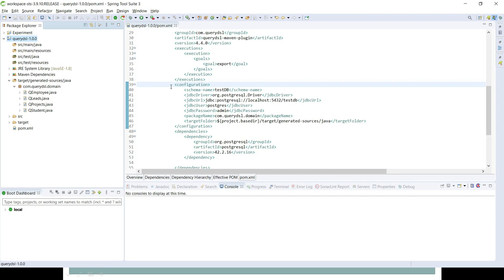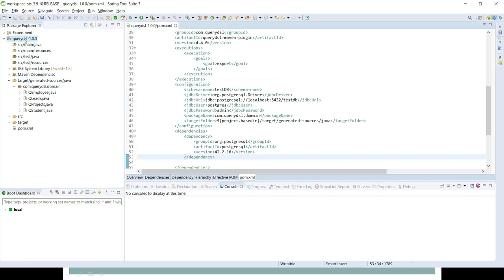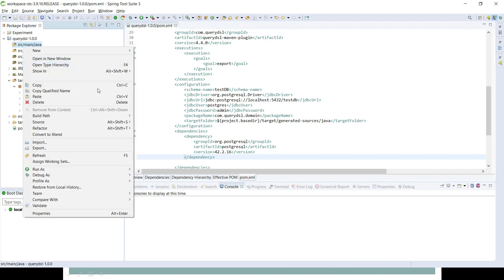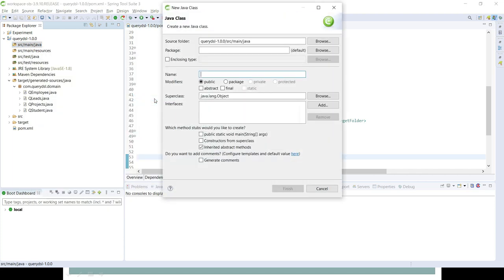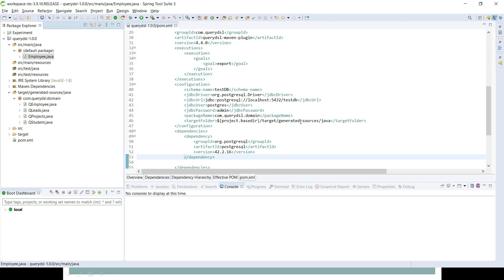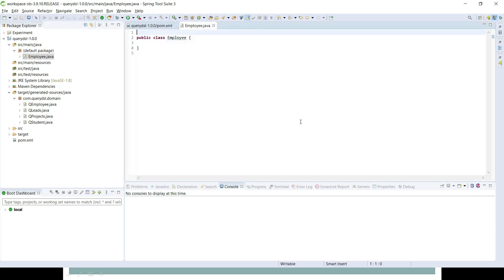Now I will show you a sample SQL statement and how you can create it from Core DSL. I'm going to create a simple class called Employee, and from there I'm going to create a simple SQL statement by using Core DSL.